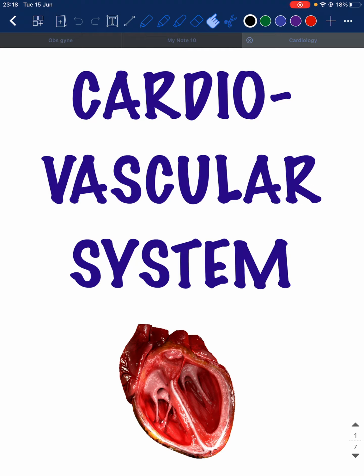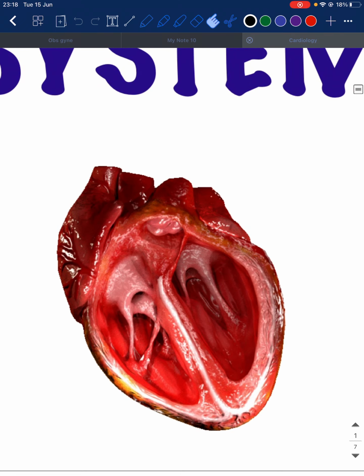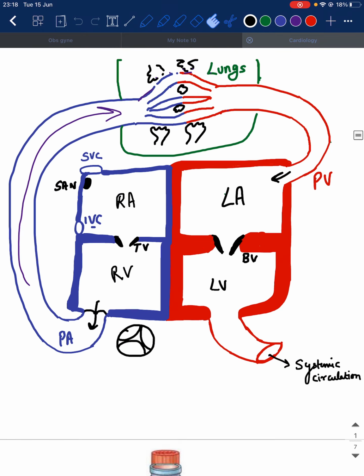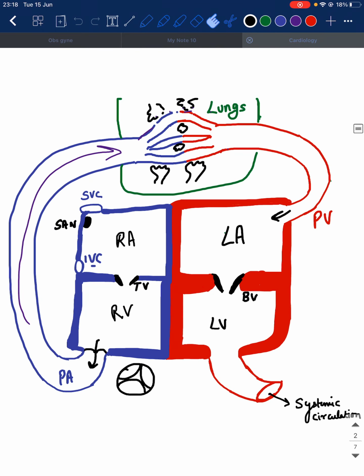So, today I'm going to discuss a very important topic, that is the cardiovascular system. How does the heart in our body work? So, this is our little heart. Can anybody of you understand anything about it? Where's the atrium? Where's the ventricle? No. So, I have made a very simplified version of it. Okay, can you see it? This is the left atrium, left ventricle, right atrium, and right ventricle.